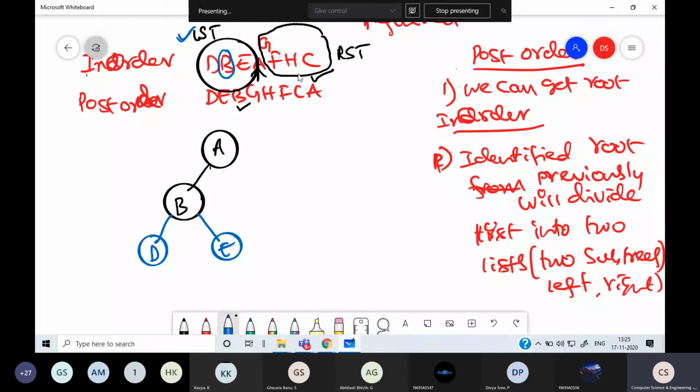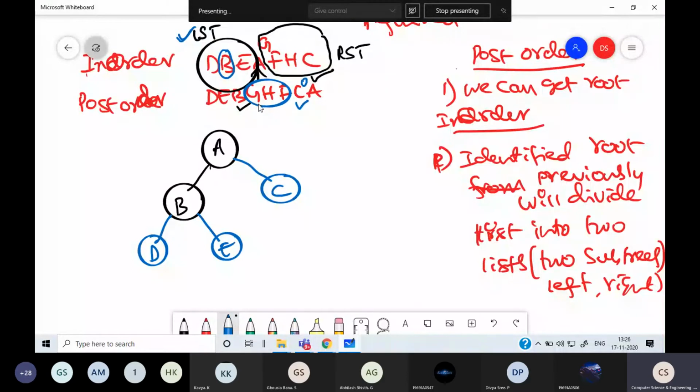Now, if you take the right subtree, the nodes are G, F, H, C. In that, whichever occurs last, C is occurring last. A we have already considered. So C is the root node of this subtree. And C divides this into two lists. One is this one, and another is empty. There is no node, so that means C does not have a right subtree.